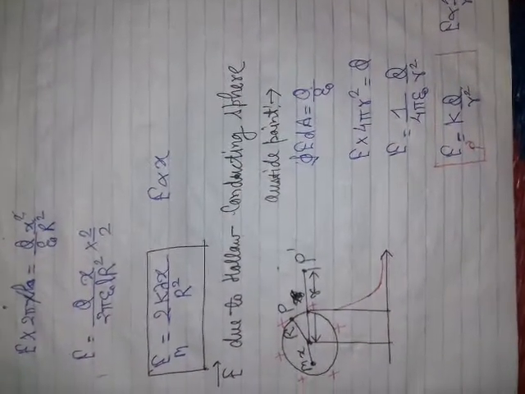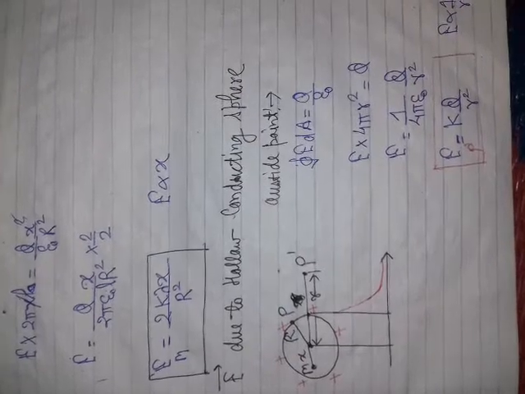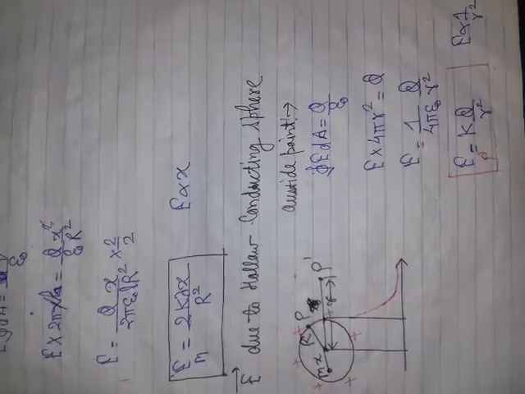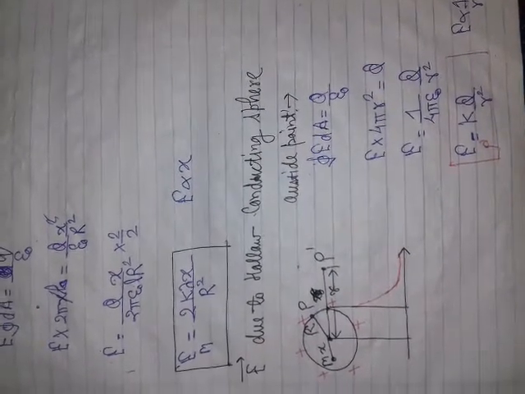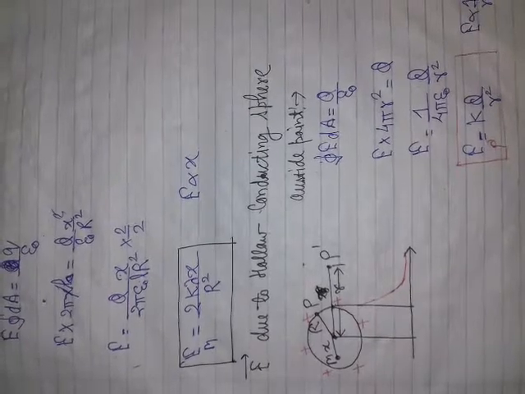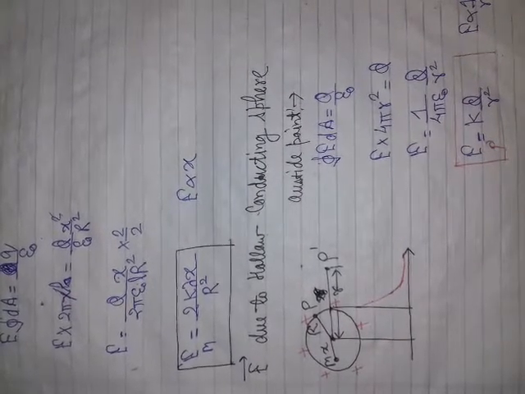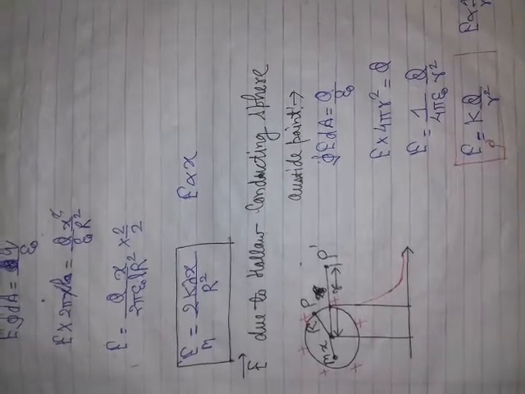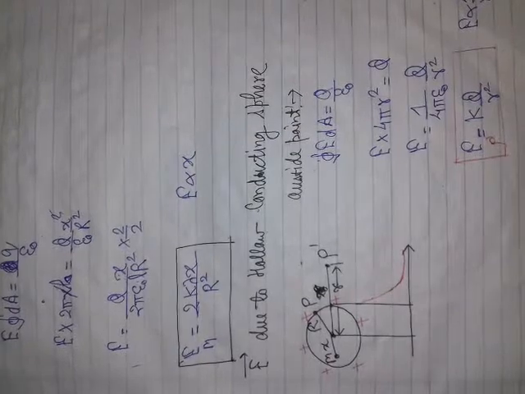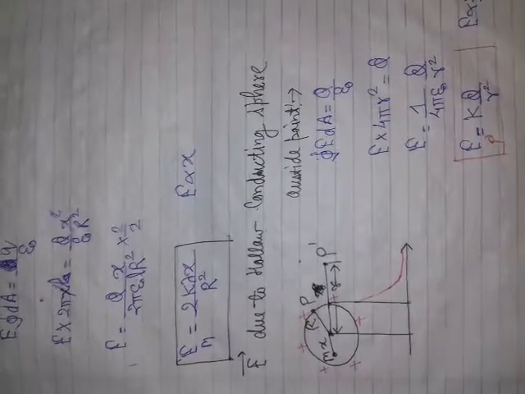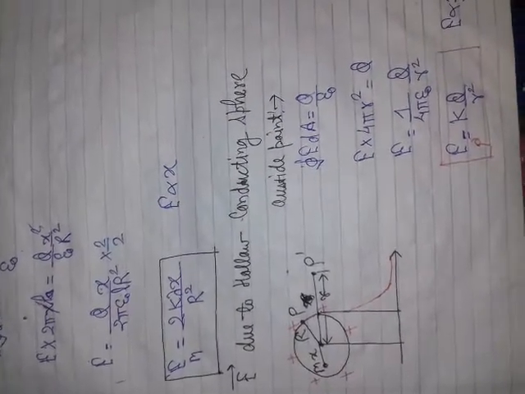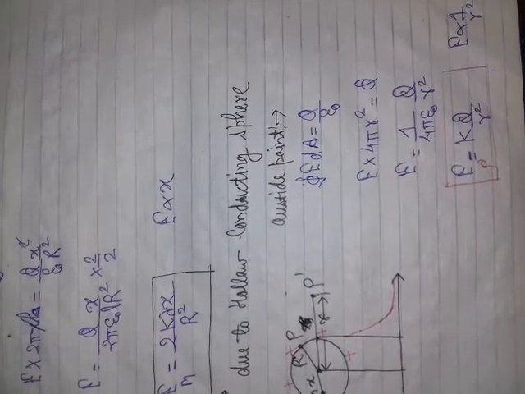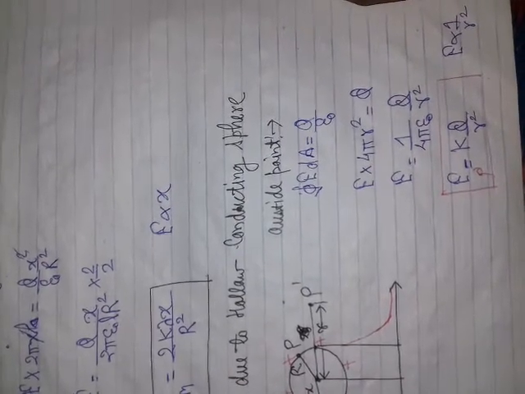For the next geometry, that is the hollow cylinder, the electric field due to a hollow cylinder. The charge is present on the outer surface, and there are also 3 points: a point M, the point P, and the point P dash. The distances from the center are x, capital R, and small r, as represented in the figure. For the outside point, we find the value by applying Gauss's theorem,